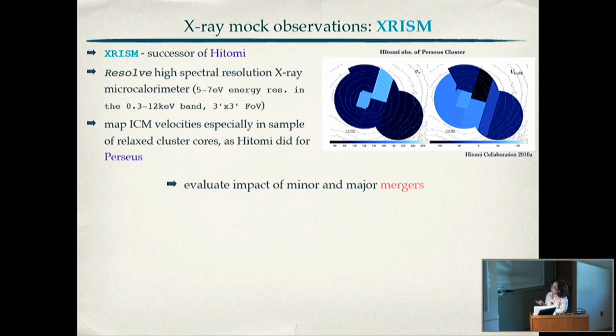HEA actually already proved to be able, as I was saying, to measure velocity shift and velocity dispersion for the gas. This was done for the core of Perseus, a very bright region of a nearby cluster. GRISM is supposed to extend this kind of work and look at a greater sample of clusters, mainly the bright central parts of cool cores. And in principle, you can use it to evaluate the impact of mergers, as we are doing with the simulation study, in order to map the velocity structure in merging systems in possibly close-by clusters.